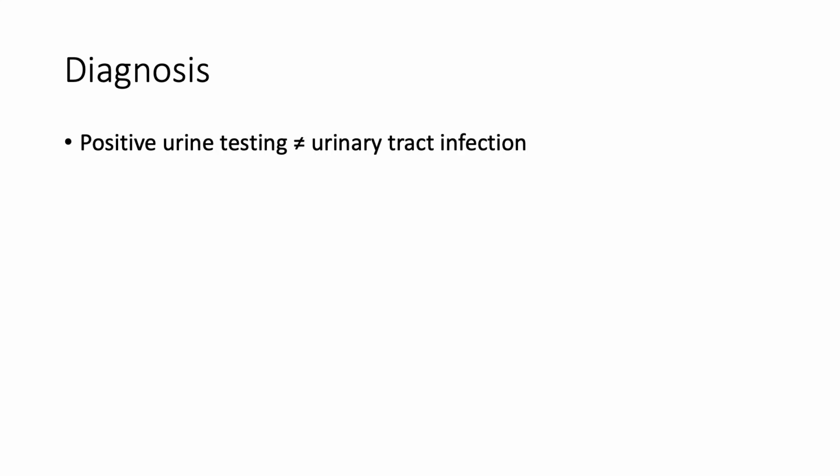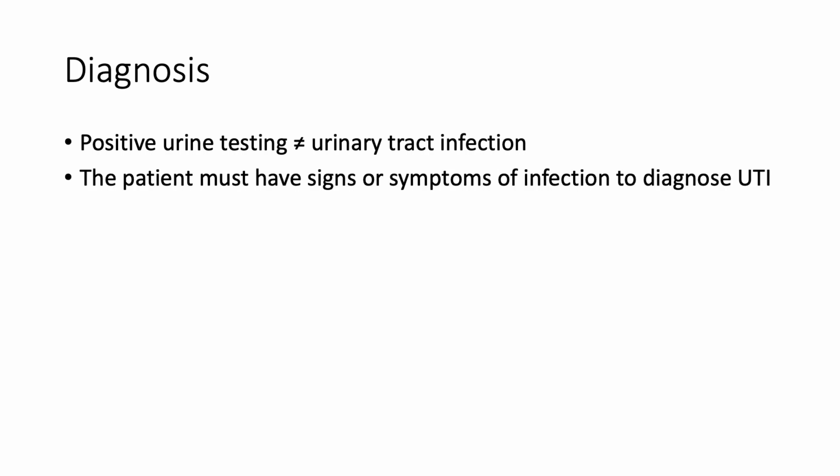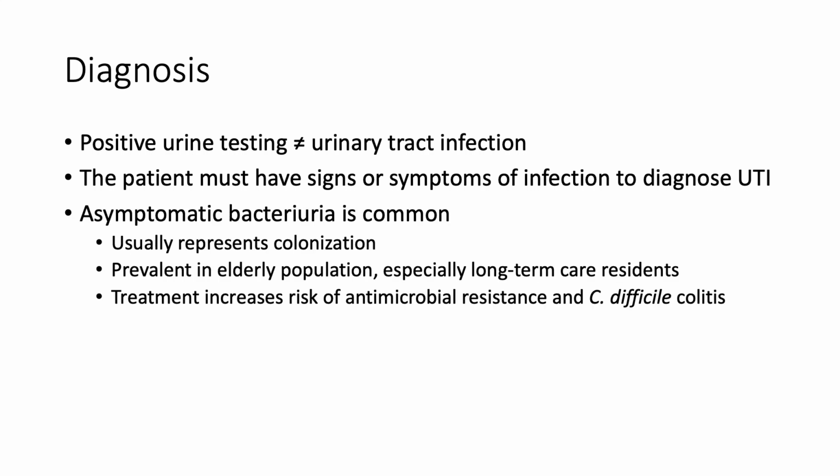Now, just because a patient has positive urine testing, it does not mean they necessarily have a urinary tract infection. A patient has to have signs or symptoms of infection to diagnose a UTI. Asymptomatic bacteriuria is pretty common, so you can just have bacteria in your bladder that's not causing symptoms. That usually represents colonization, and it's pretty prevalent in older patients, especially older women, and in patients who live in nursing homes. And we know that if you treat those patients with antibiotics, you're exposing them to the risk of adverse effects from those antibiotics, like C. diff colitis, and